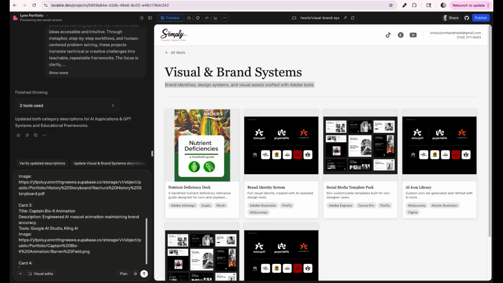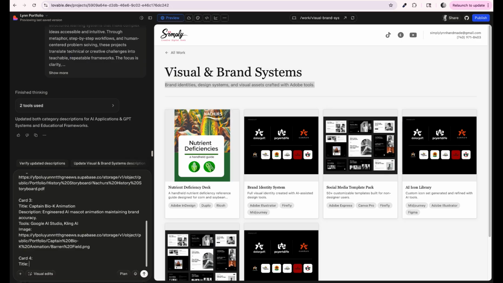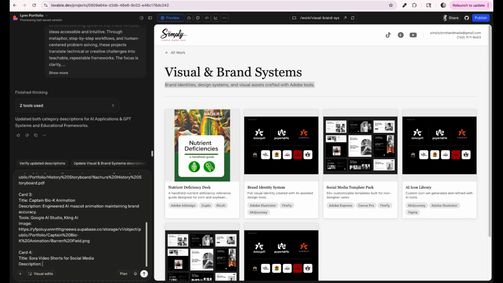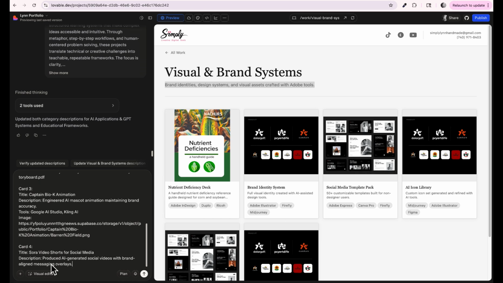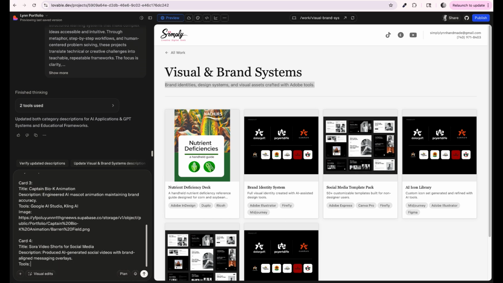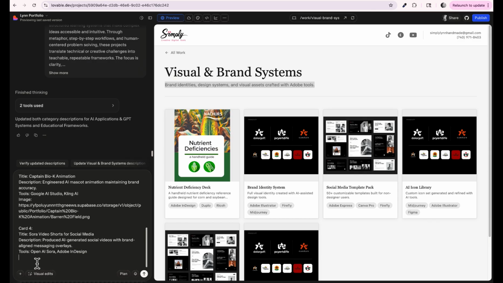Card 4, the title is going to be video shorts for Sora, video shorts for social media. The description on this one will be produced, AI generated. The tools for this one will be OpenAI Sora and Adobe InDesign. The image for this one will be